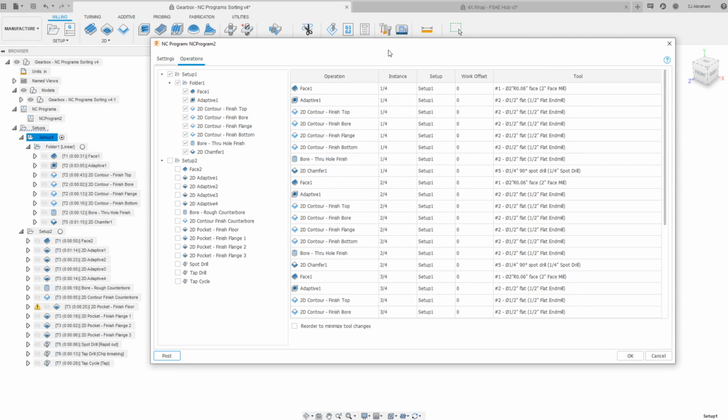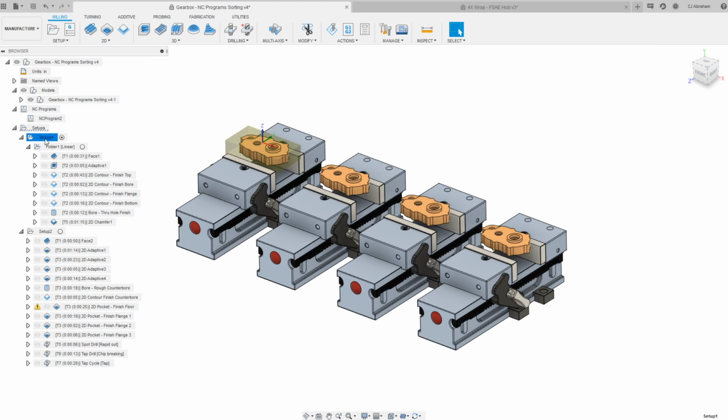Okay, so again, because we did the pattern in the setup, we will be able to view the exact order that's being posted out from that simulation. But say we were doing a pattern that didn't have that preview available immediately. So to demonstrate that, we're going to change this to a WCS pattern. What you'll see is that in a WCS pattern, instead of outputting coordinates that are for each specific component, so in this case, like the facing, this would be maybe x0, this would be x10, x20, x30, etc. But with a WCS pattern,